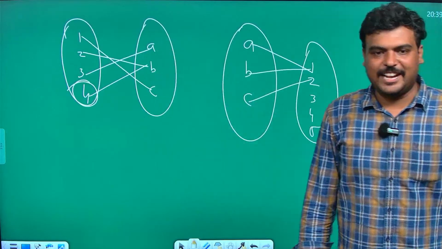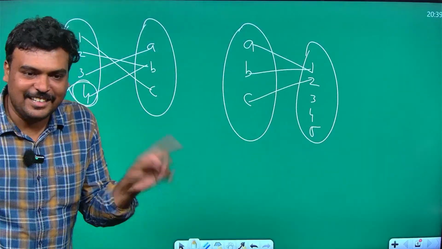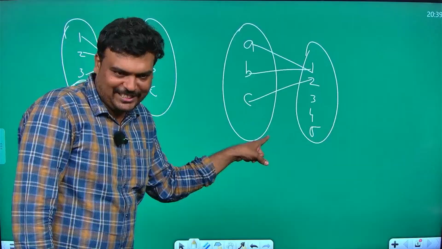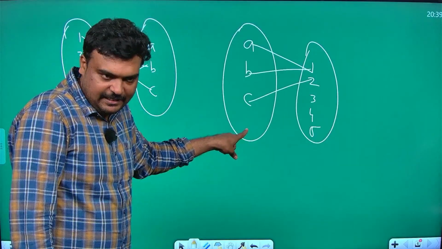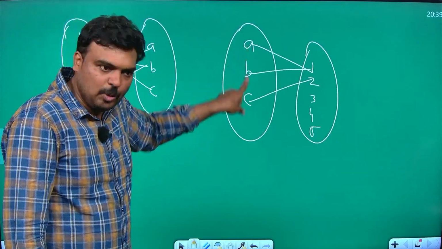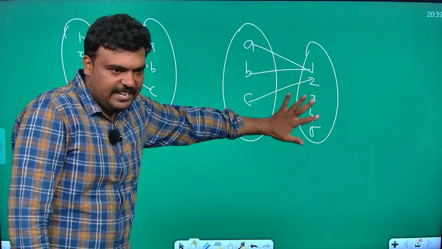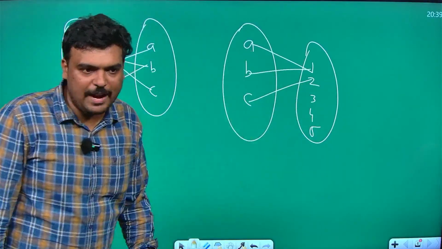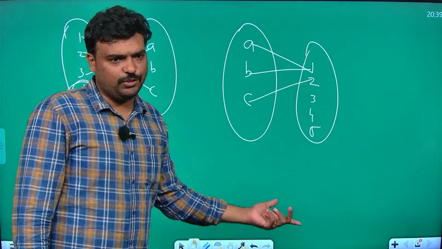Correct? Basic மறந்துடாதீங்க. முதல்ல function ஆ செக் பண்ணனும், அதுக்கு அப்புறம் தான் அது என்னன்னு பார்க்கணும். சரியா? So now I have this one, whether this is a function first. Yes, it's a function, because I don't see any remainder here and I don't see any domain going to two codomains. So definitely it is a function. Now whether it's one-to-one, no, it's a many-to-one function. Whether it's onto, no, it's an into function.